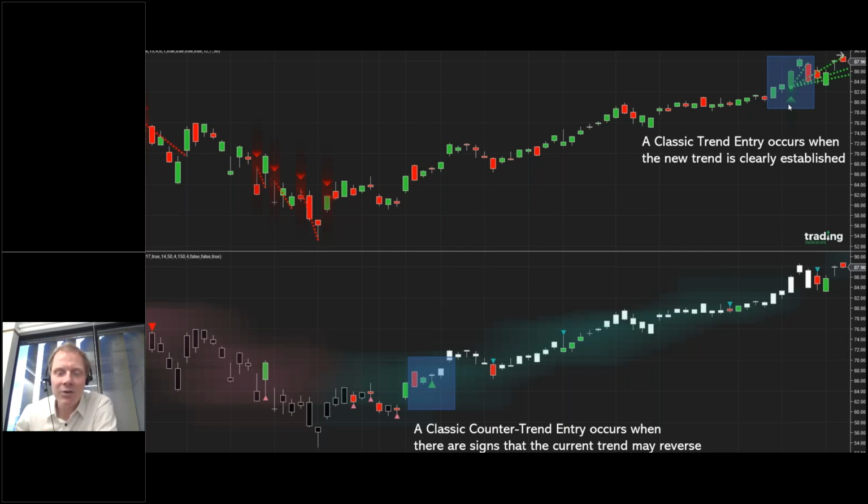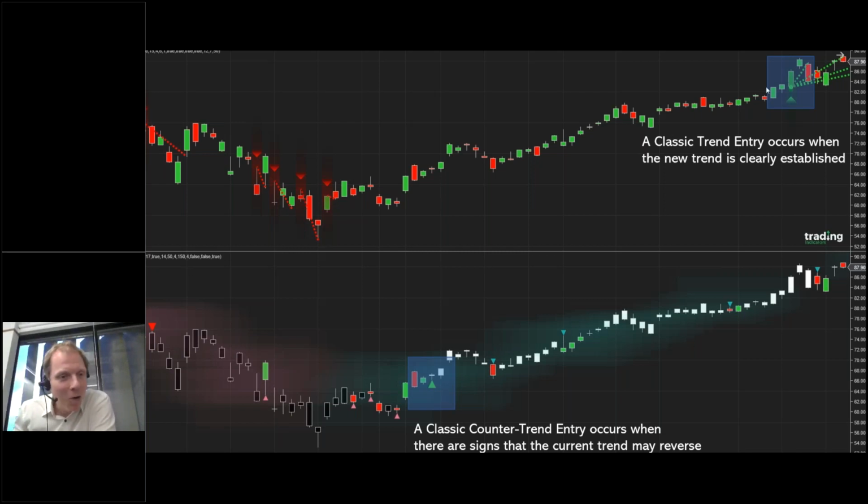A classic trend entry happens typically when we have a clearly established trend. In this case, a clearly established uptrend. And we can see this by the fact that we're making higher lows and higher highs. We've taken out the previous high over here, and these are all important factors that can lead you to the conclusion that, well, we are in a clearly established uptrend, and we have an entry